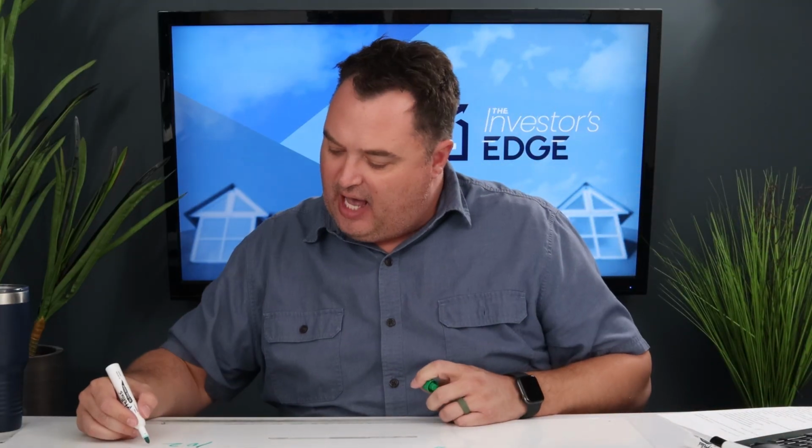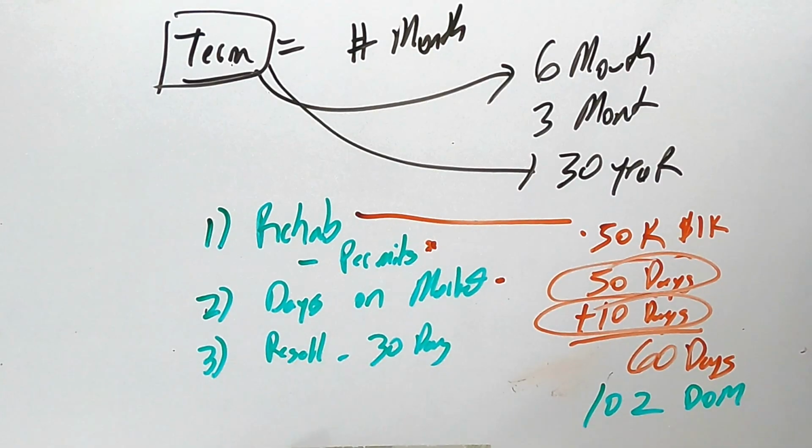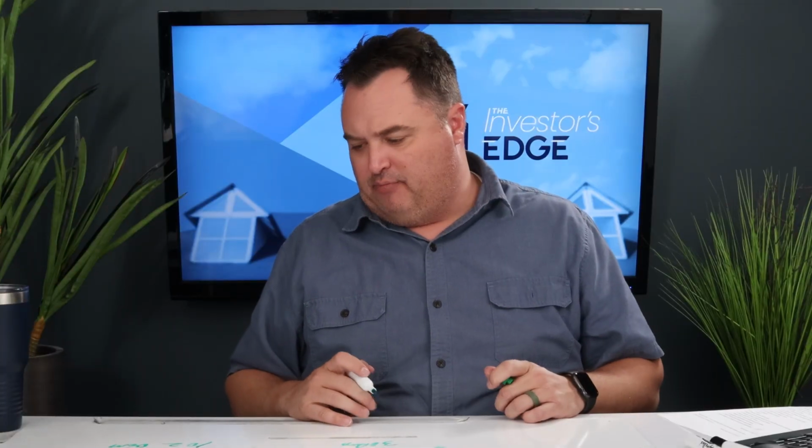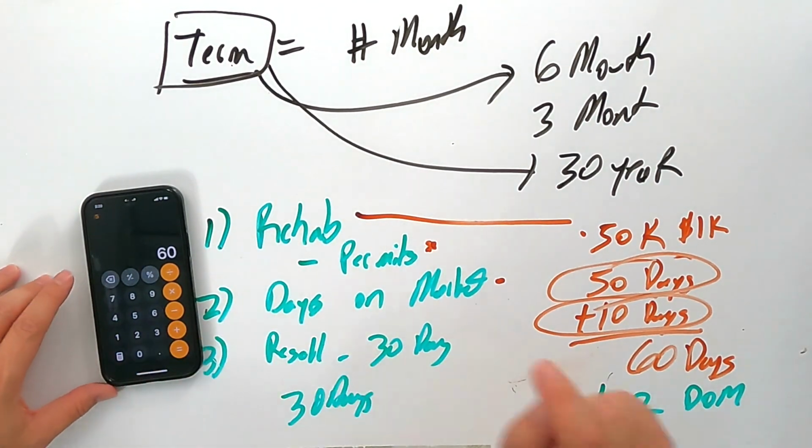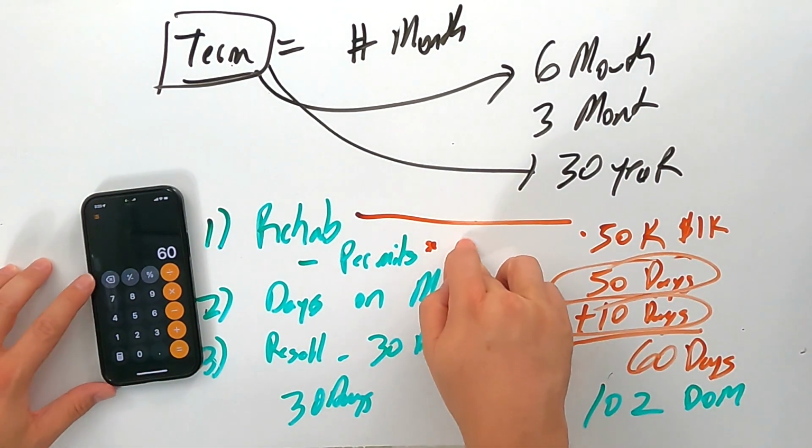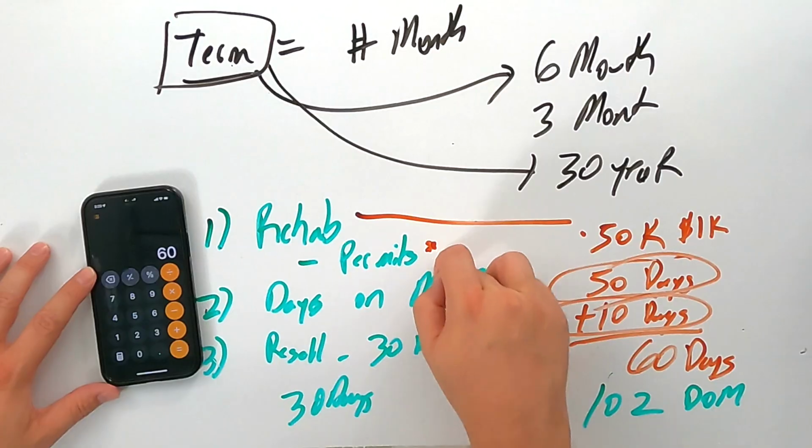So this is days on market, DOM. And then I'm looking at an additional 30 days once I'm under contract to give me a little bit of buffer room. So if I'm adding those together with my handy dandy calculator, pretty simple math here, I've got 60 days for construction and permits, longer if it takes longer than a week to get permits where you're located.